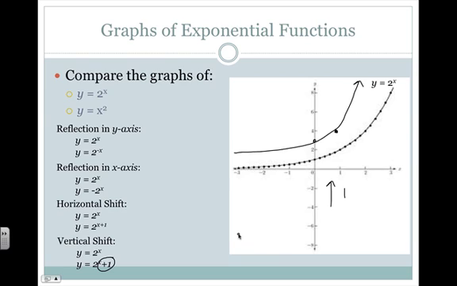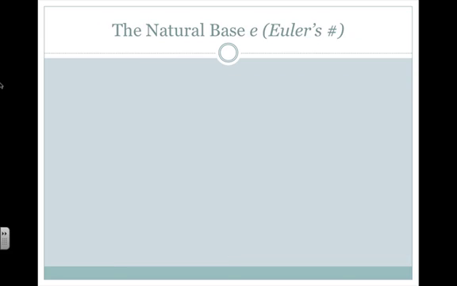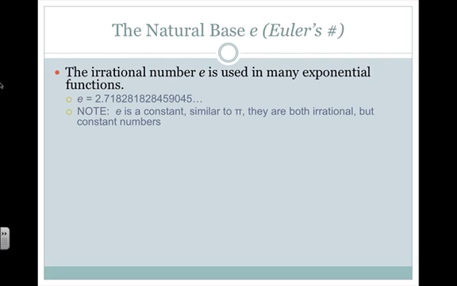Okay, so now that we've seen the graphs of exponential functions, we're going to learn a little bit more about the natural function e. Natural base e, which is referred to as Euler's number, is actually an irrational number. E is a number. E is very similar to pi. It's an irrational number. It's constant. It won't ever change. And it's referred to as 2.7, and it goes on and on and on with this